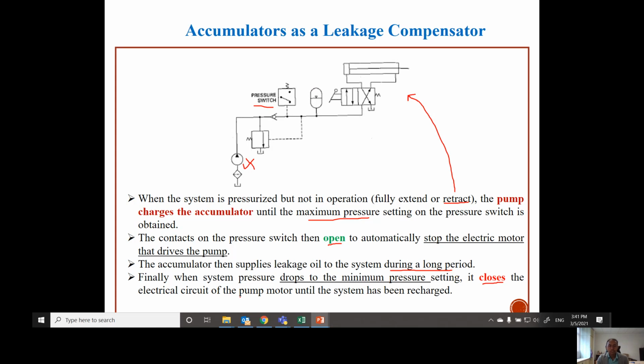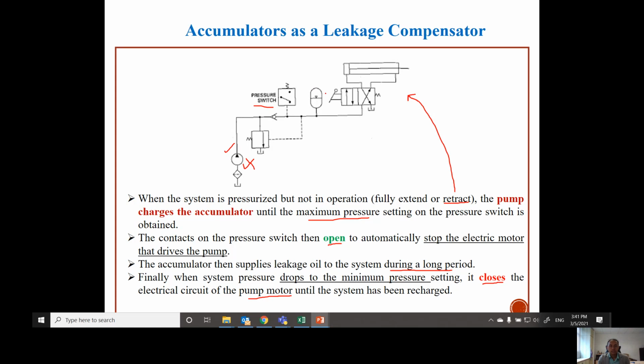when the switch is closed, it means the connection inside the electrical circuit of the pump will be on. Okay, so it's like a close contact. So just now, when the switch was open, the connection of the motor to the power source was disconnected because the circuit was open. But now when the circuit is closed, the motor is again connected back to the supply, and then the pump motor will again